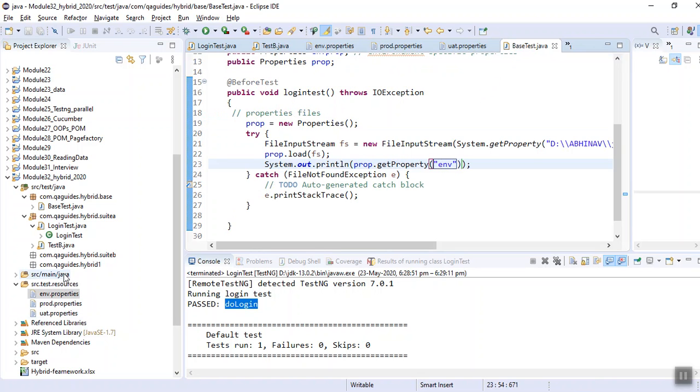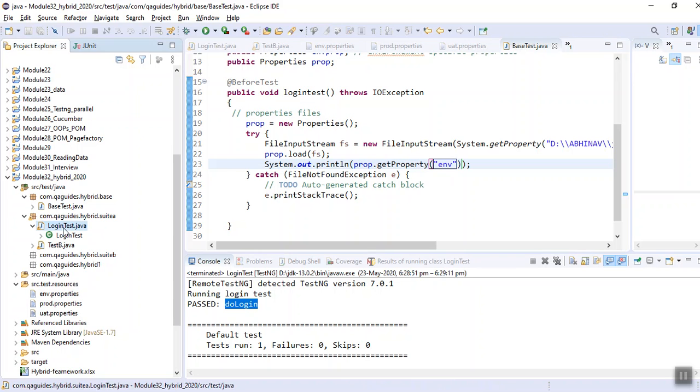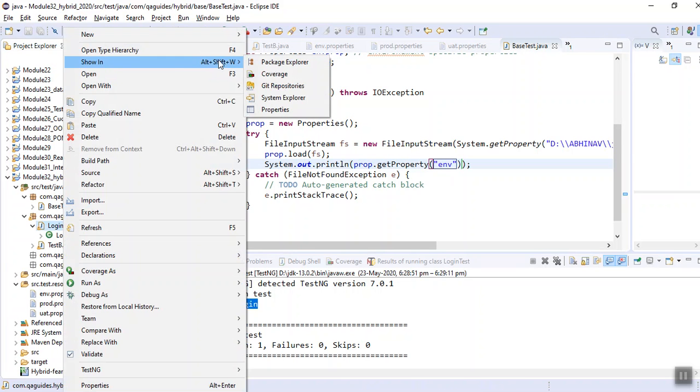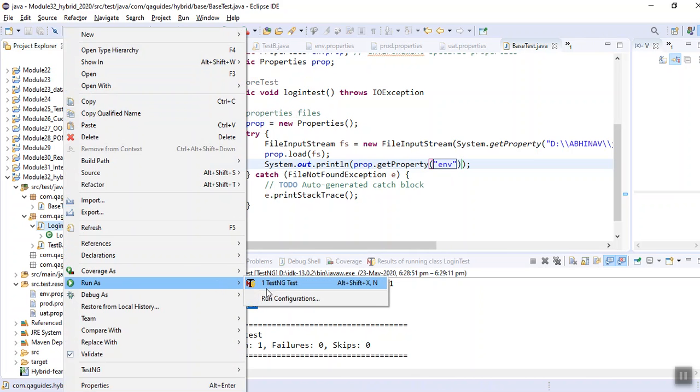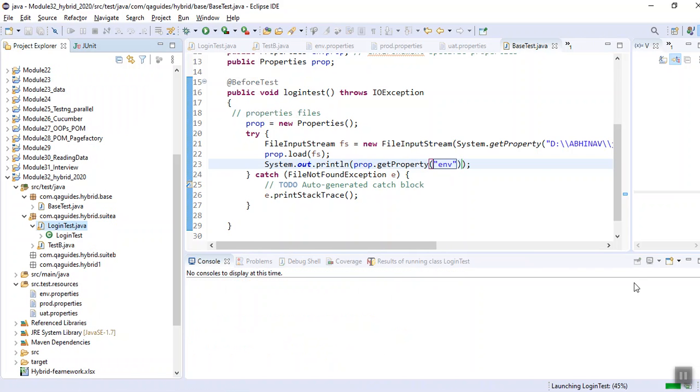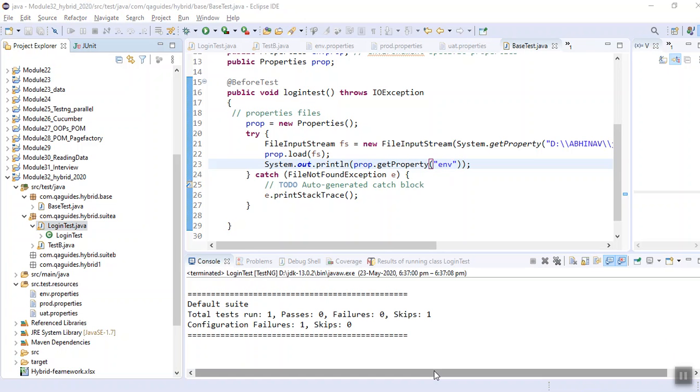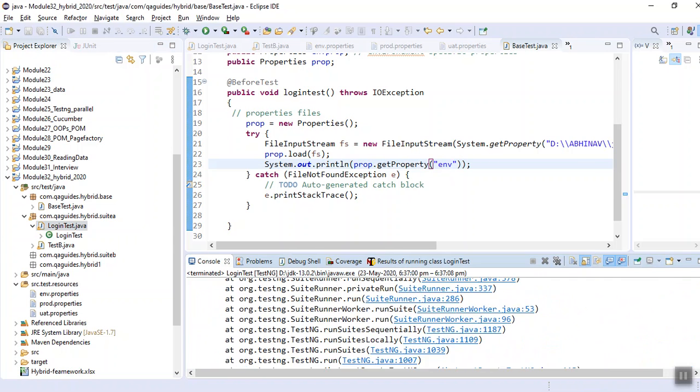Let me run my login test. I am going to my login test, run as TestNG. Why did it skip? Why is it showing me error?